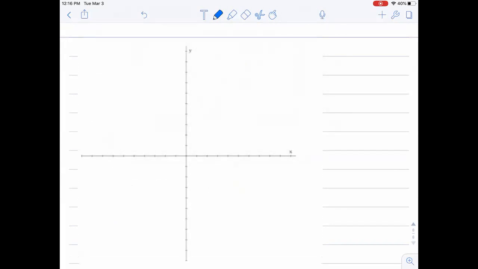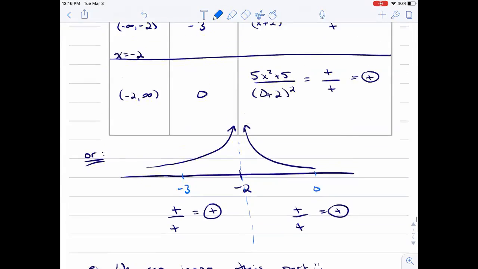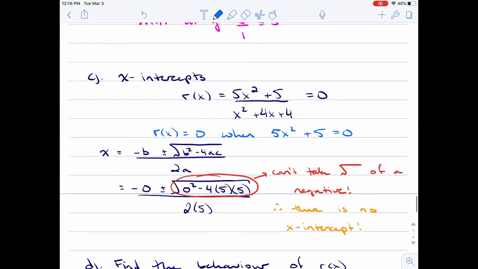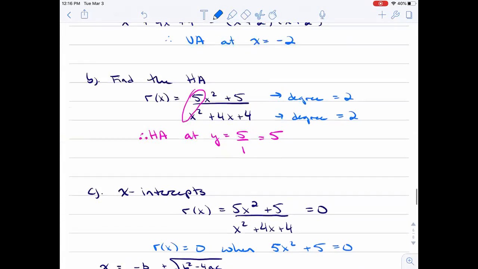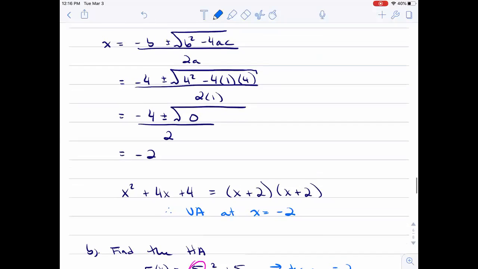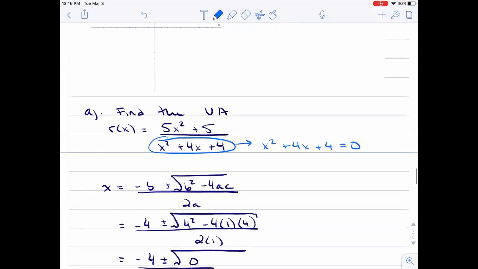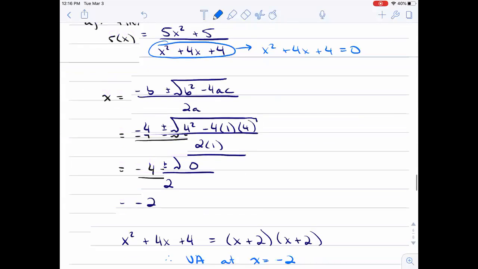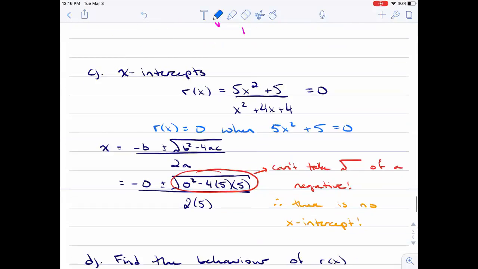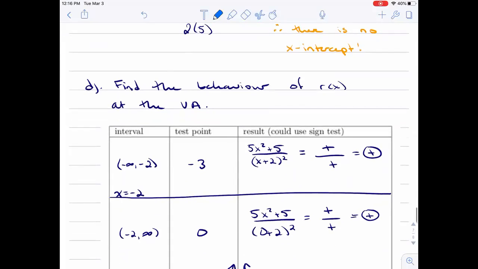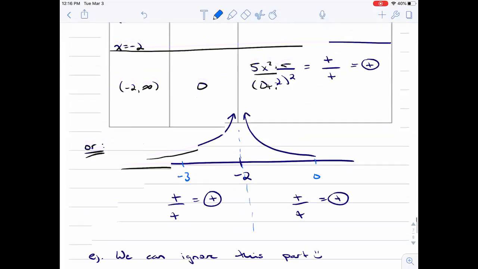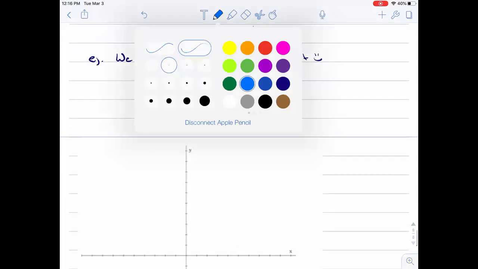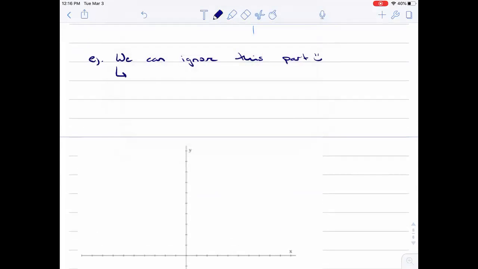I'll put my, did we find a y-intercept? No. And I wonder, why didn't we? I think we should find the y-intercept. How about we replace part E with that? Find the y-intercept instead,